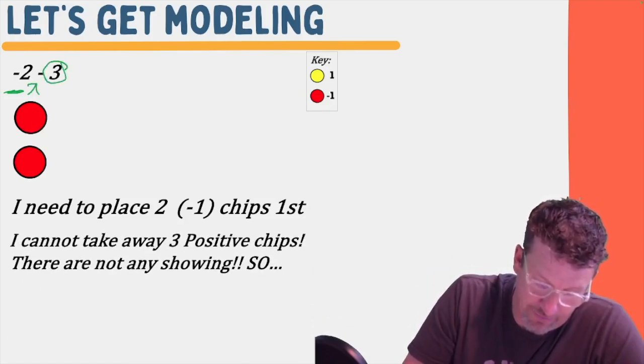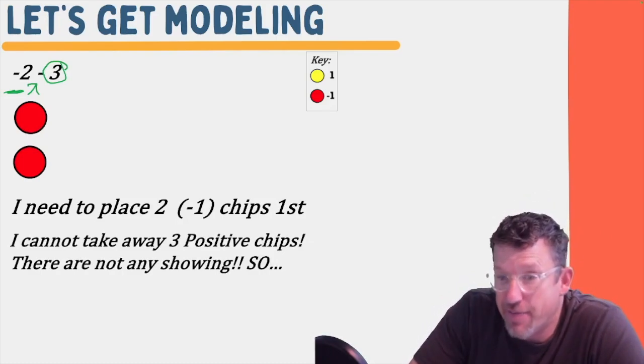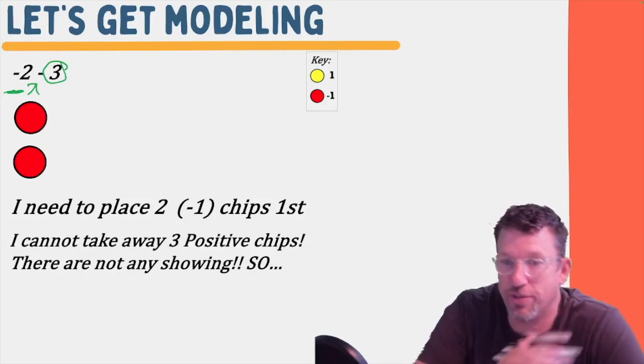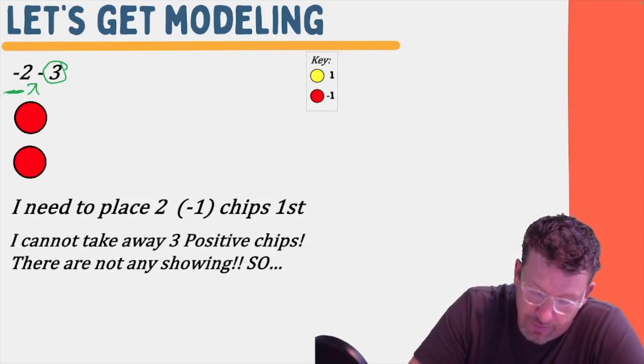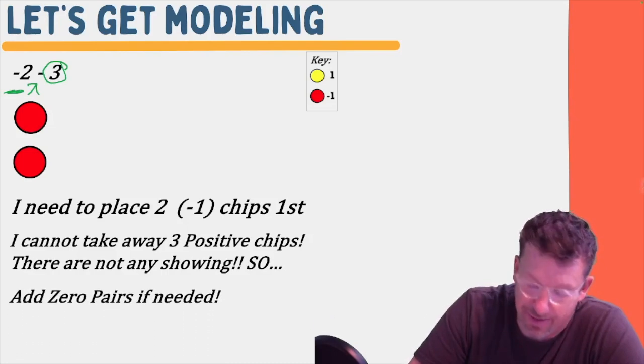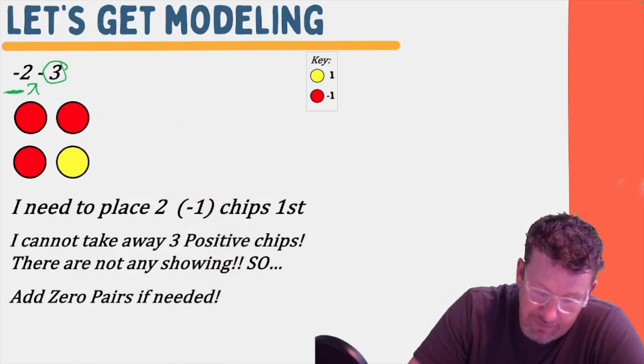So this one's a little different. I can't do that. I don't have any positive chips. I can't circle them and shush them off the screen. So what do I have to do? Well, this is where that 0 pair comes in. Let me go ahead and add my 3 positive